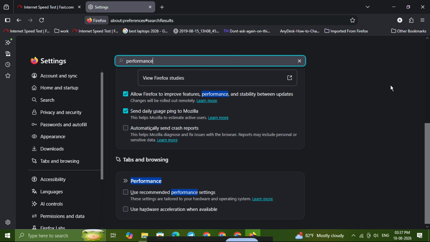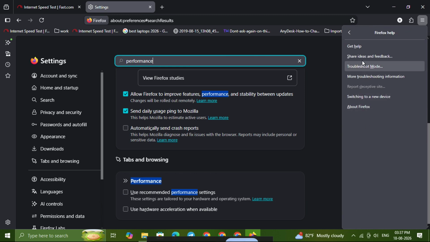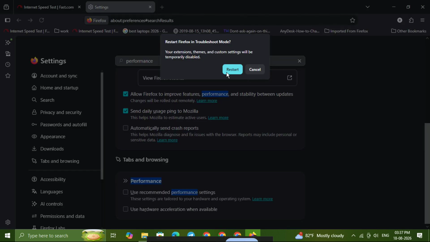If the page is still slow, the next step is to test Firefox in Troubleshoot Mode. This is one of the best ways to check whether an extension, theme, or custom setting is affecting browser performance. To do this, click the menu button in the top right corner of Firefox, then click Help, and then click Troubleshoot Mode. Firefox will ask you to confirm, and once you do, it will restart with extensions disabled and many